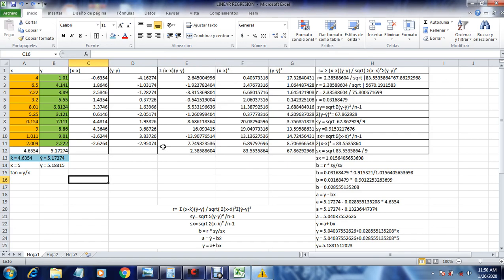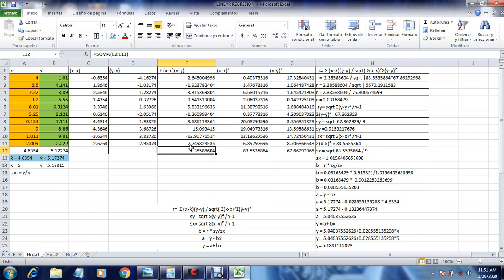And samely for y, the procedure is the same. This is the summatory of this value multiplied by this value. This multiplied by this is this, this multiplied by this is this, this multiplied by this is this, for these terms only. This summatory is this